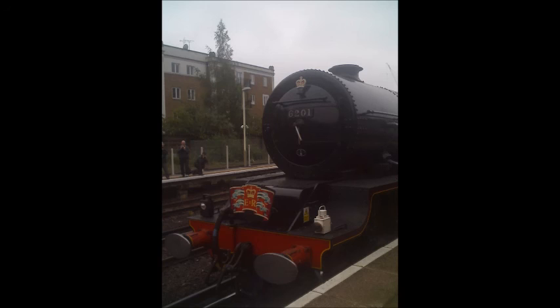Oh, I forgot. Princess Elizabeth did also haul the very famous royal train for Her Majesty the Queen and HRH